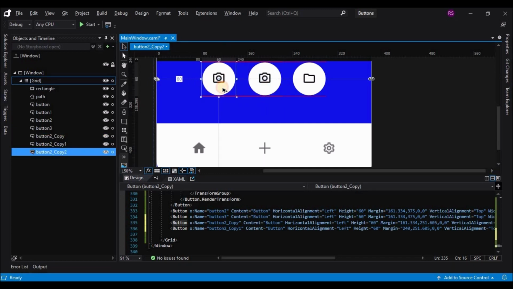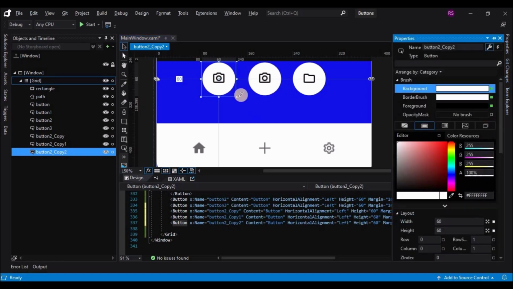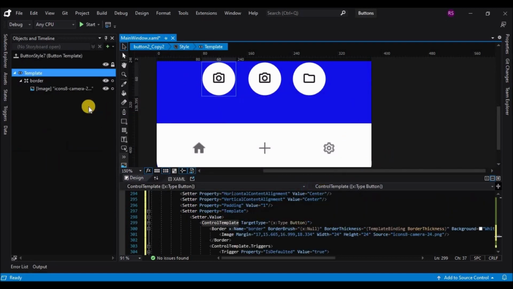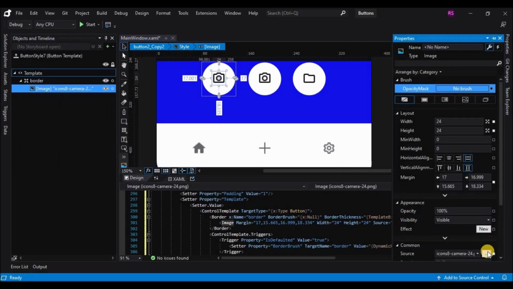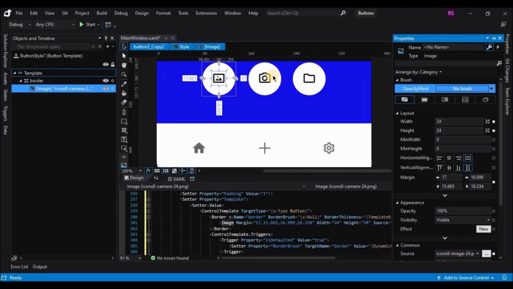Okay, and change the icon by going to the template and editing a copy. The same process that we followed for all the buttons that we have added. So let's go to image and change the image. So this is the final button that we are going to add, and we are done.